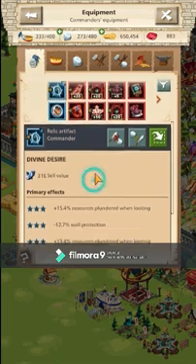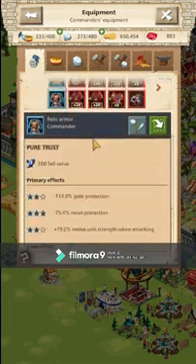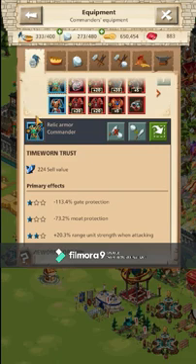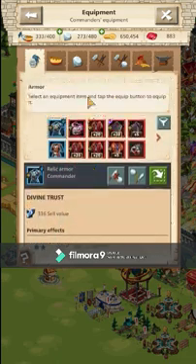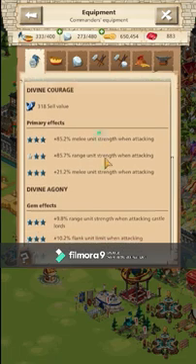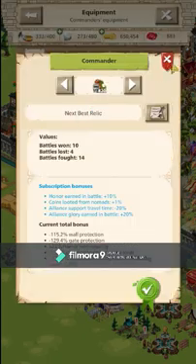For example, where is it? This also gives melee strength. Eventually, I may move gems and equipment around to increase strength. Like this is a good piece of equipment because it has a high melee strength right off the bat. And then